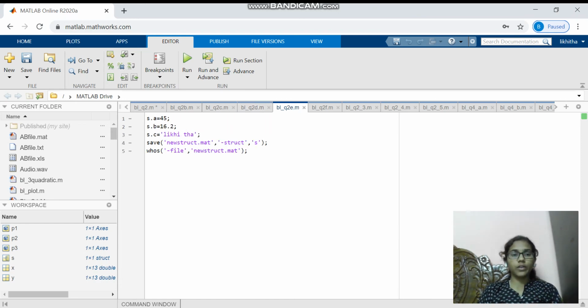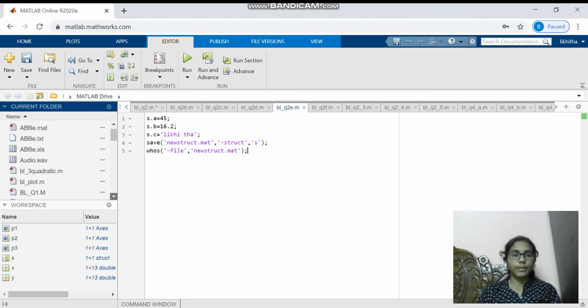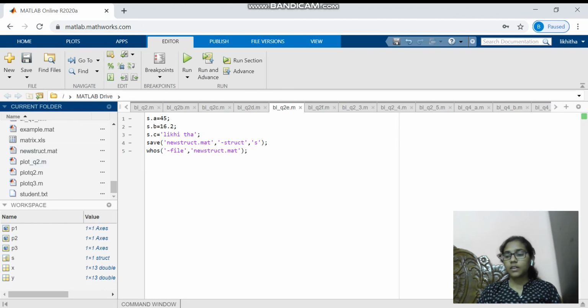Here in this we are going to save a file newstruct.mat. It will be created here, and a, b values, name, size, and this is the code.